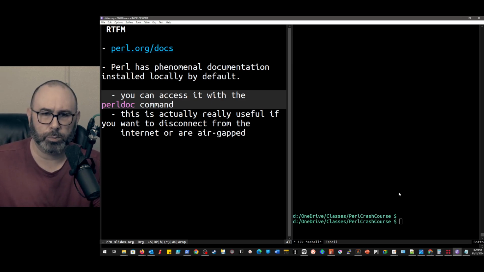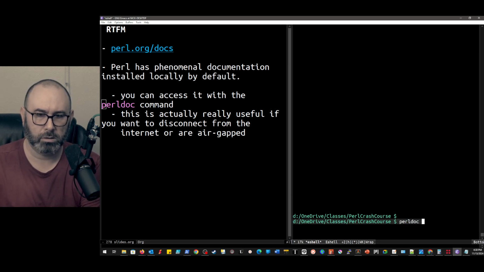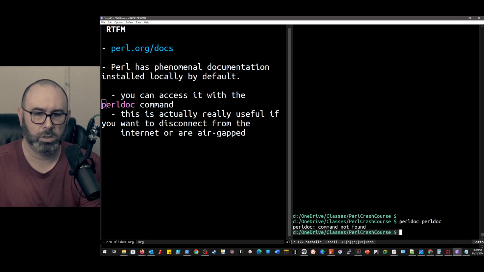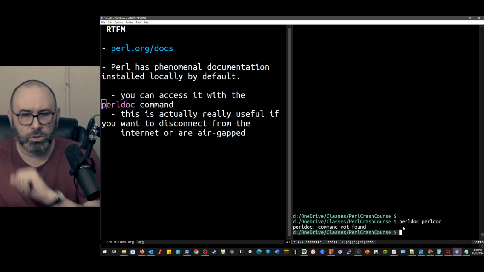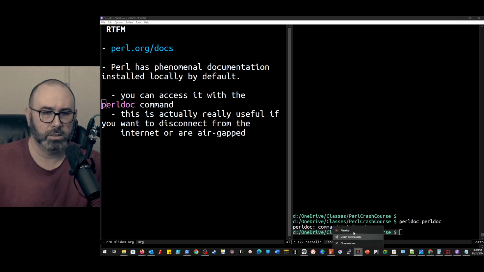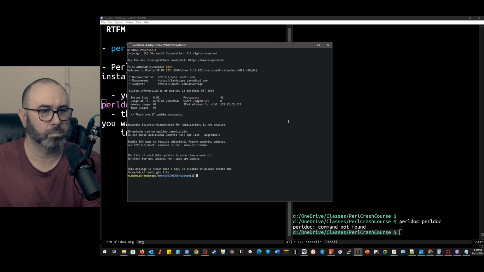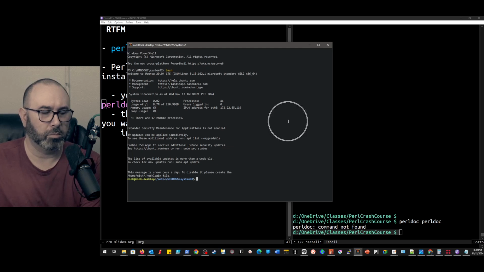I'm not sure if Strawberry Perl does this by default, but let's go ahead and see. perldoc. perldoc. Okay. So it looks like it's not installed with Strawberry Perl. If you use something like Windows Subsystem for Linux, which is going to mimic a kind of more traditional environment,